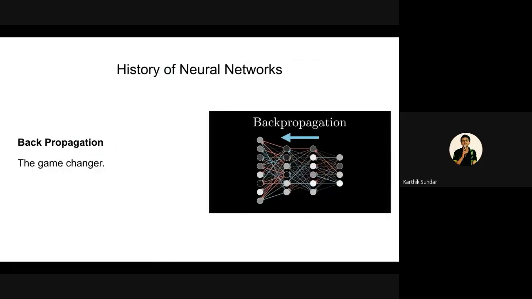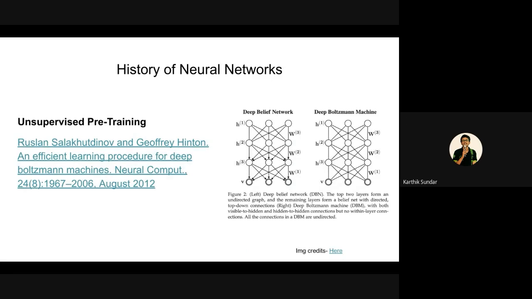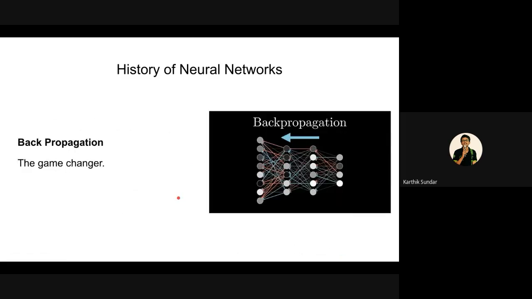So let's move forward. What I was saying is that people had a hard time identifying these initial weights. Finding the optimal initial weights was a big hurdle for practical applications. And this paper, An Efficient Learning Procedure for Deep Boltzmann Machines, changed the face of neural networks. With this method, people were able to start with good weights so that they ended up in the global minimum, and that's when the boom of machine learning and neural networks started.